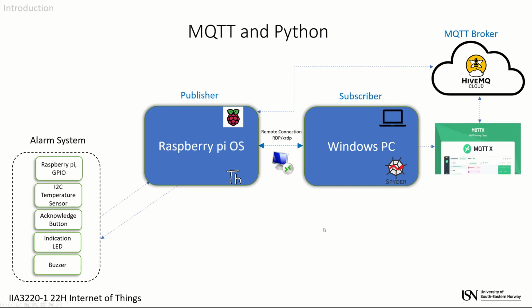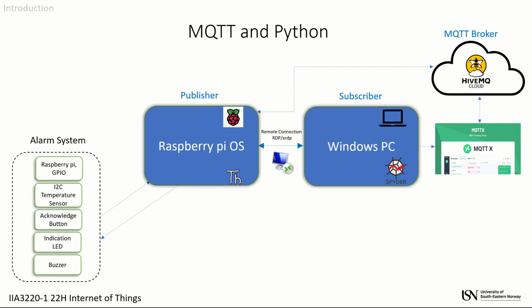Then the MQTT part of this system. By the way, MQTT is Message Queuing Telemetry Transport, and this protocol is used in IoT applications to acquire data from sensors. This is a publisher and subscriber model protocol in which the publisher publishes data and the subscriber subscribes to the data to use it, and in between these two, publisher and subscriber, there is an MQTT broker. In our case, it is HiveMQ Cloud,